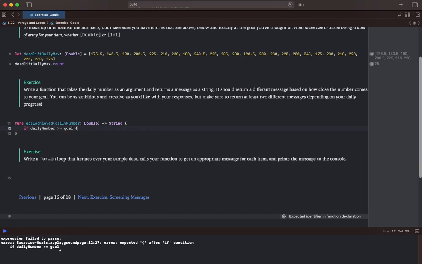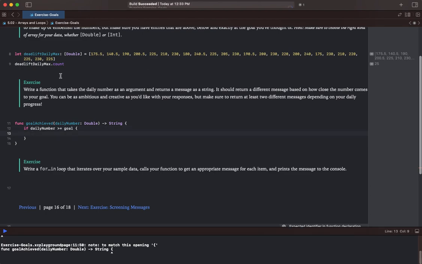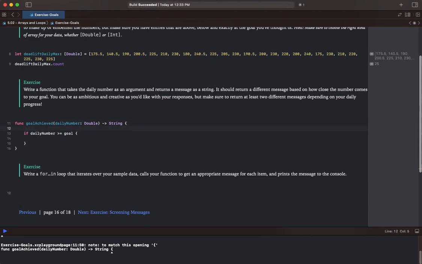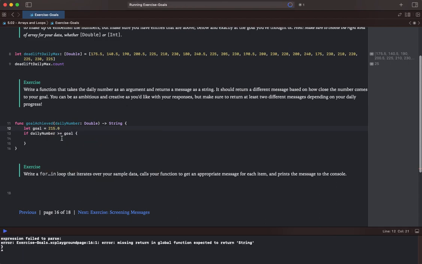Then, I need to throw my goal in there. Let goal get, and let's say 215.0. So that is a double because it is implied. All right, so if daily number is greater than my goal, so if this number, so looking at each item in the list, which we're going to do down here, is greater than 215, I am going to return